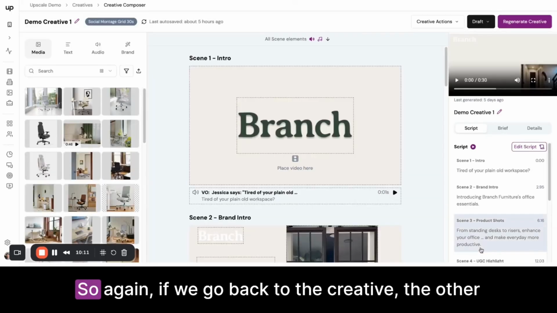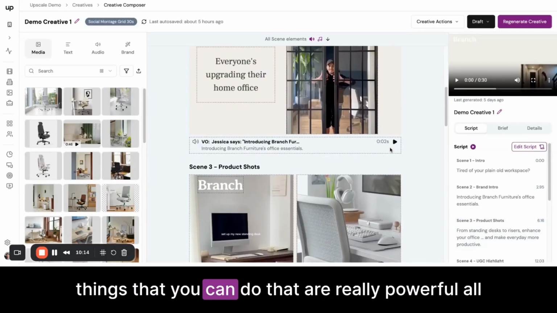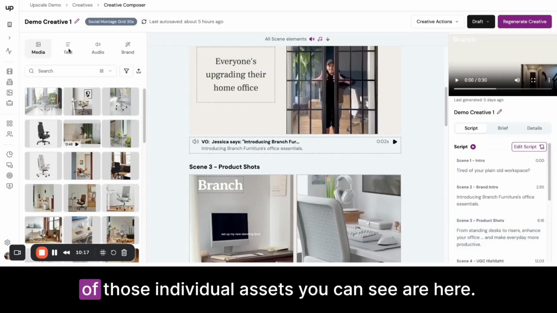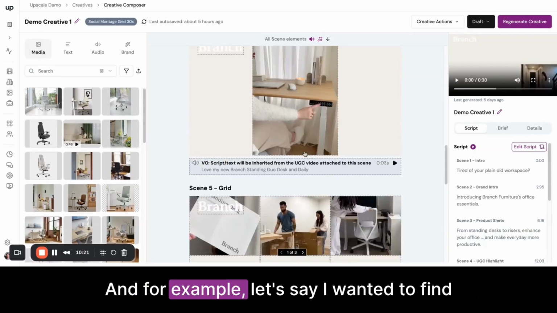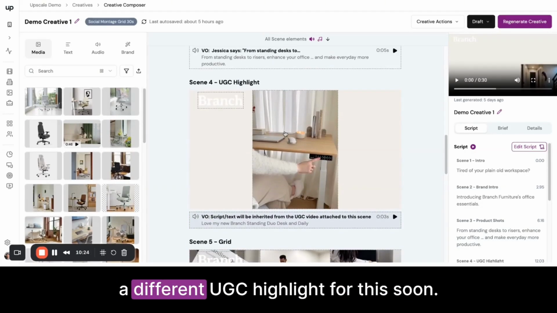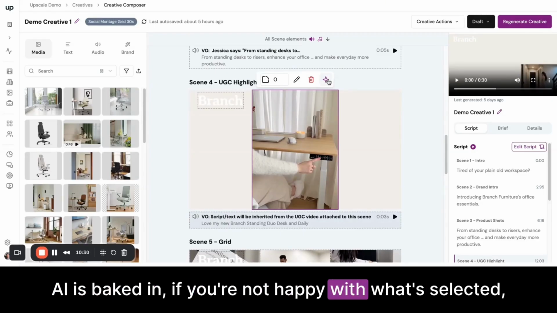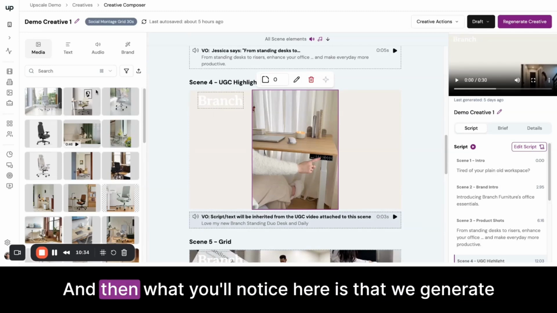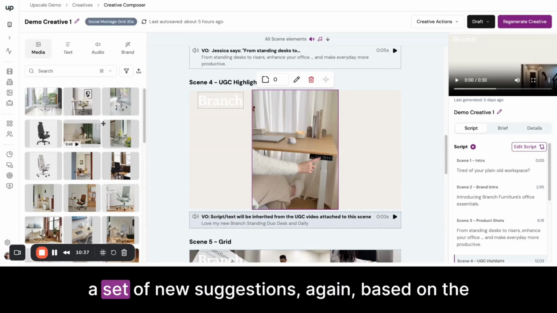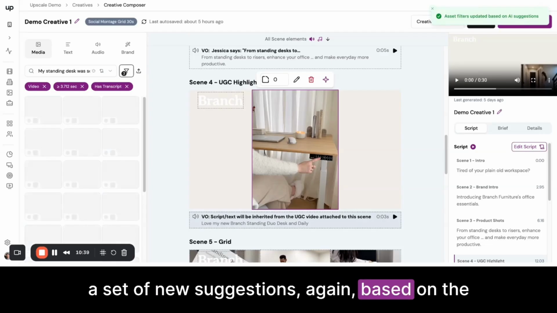Cool. So again, if we go back to the creative, the other things that you can do that are really powerful, all of those individual assets you can see are here. And for example, let's say I wanted to find a different UGC highlight for this scene. AI is baked in. If you're not happy with what's selected, you can actually click what we call the sparkle button. And then what you'll notice here is that we generate a set of new suggestions, again, based on the